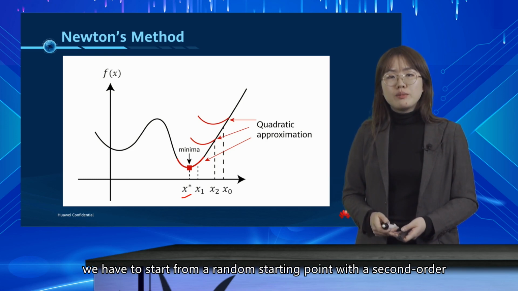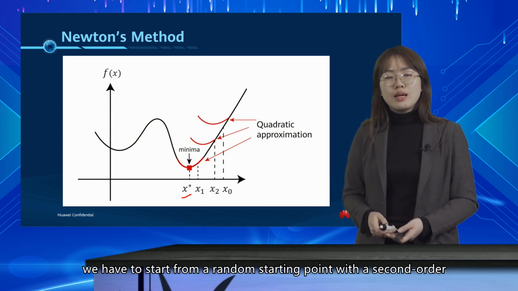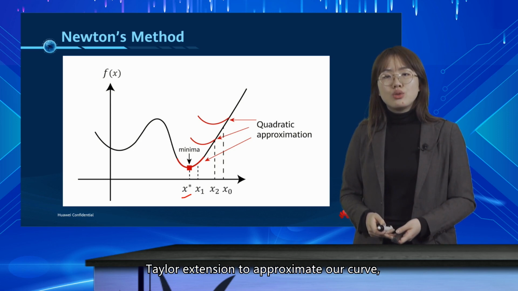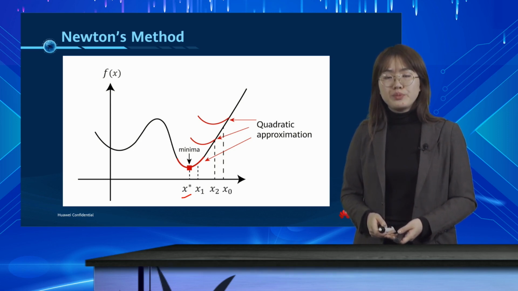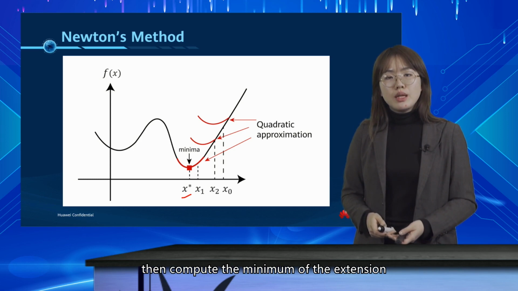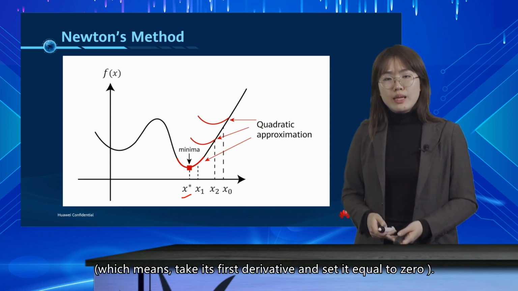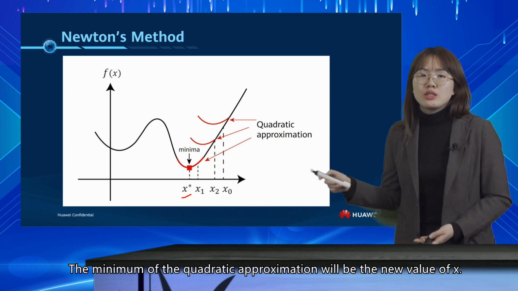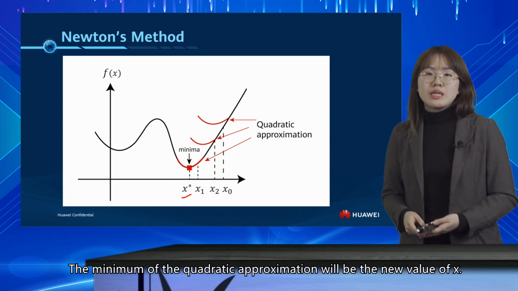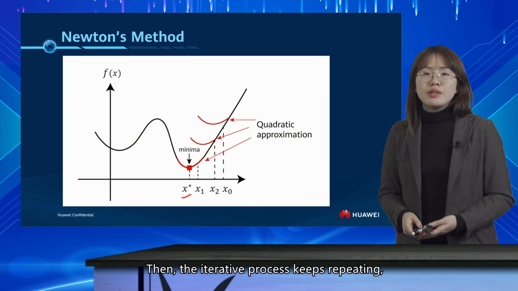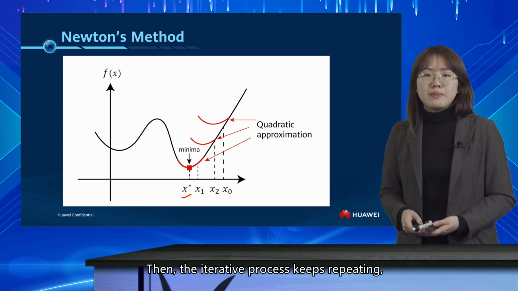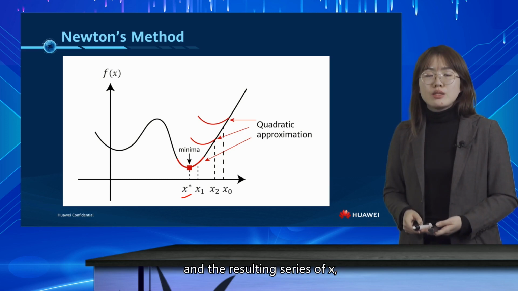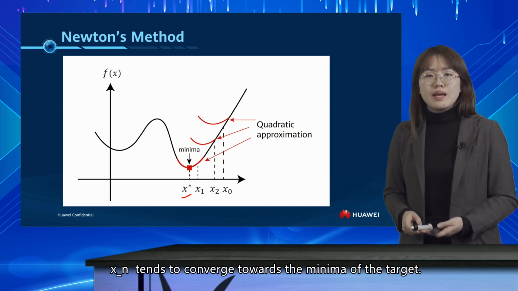We have to start from a random starting point with a second-order Taylor extension to approximate our curve. Then, compute the minimum of the extension, which means take its first derivative and set it equal to 0. The minimum of the quadratic approximation will be the new value of x. Then, the iterative process keeps repeating, and the resulting series of xn tends to converge towards the minimum of the